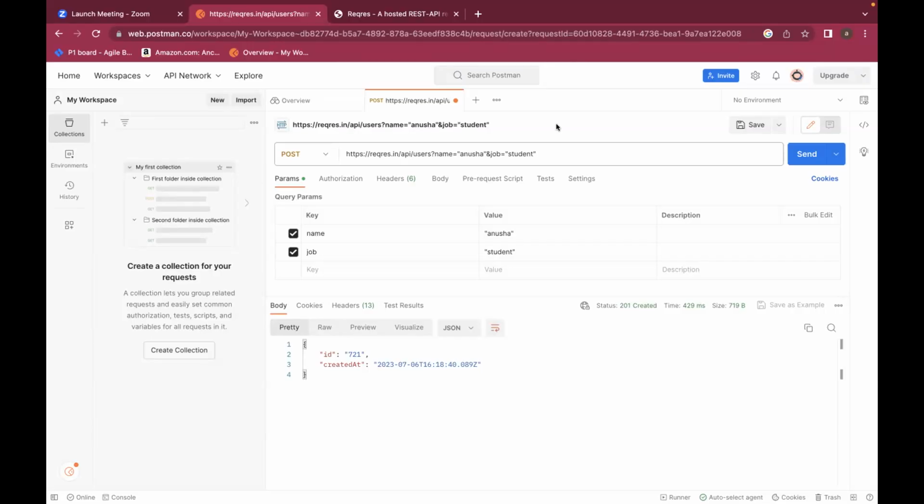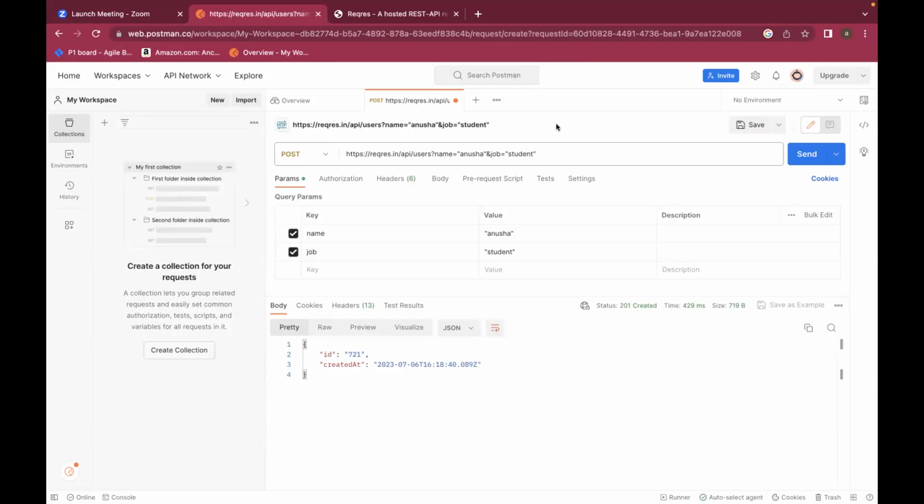The concentration is more or less on status codes starting with 2, 4, and 5. For 1 and 3, people don't really bother about them. Even if you bother, you cannot even get endpoints in that fashion. So that is the problem with the 1 series and 3 series. You will know that your request has been successfully processed, but you don't know what the status code for the 300 series or 100 series is.